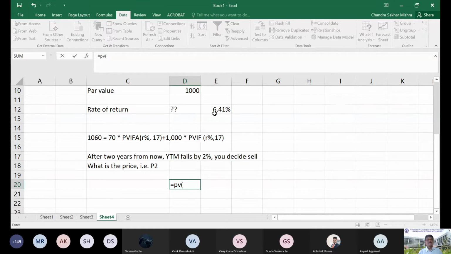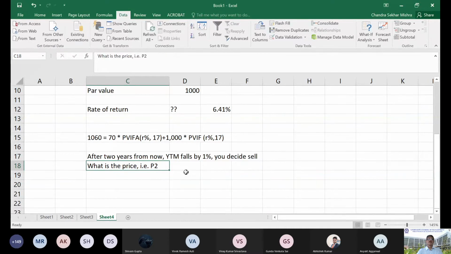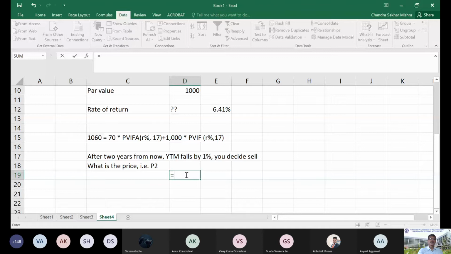Rate of return, sorry, yield. What is the yield then at the end of second year? Sorry, the question says 1%. Just a minute. YTM falls by 1%. Yes. 5.41%. 5.41%. Very good. So if I apply my PV,